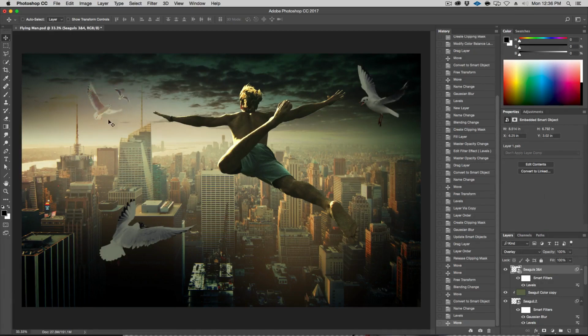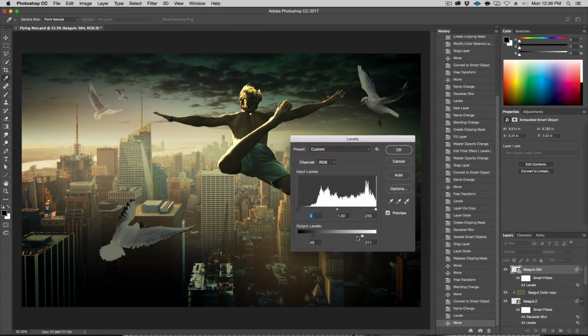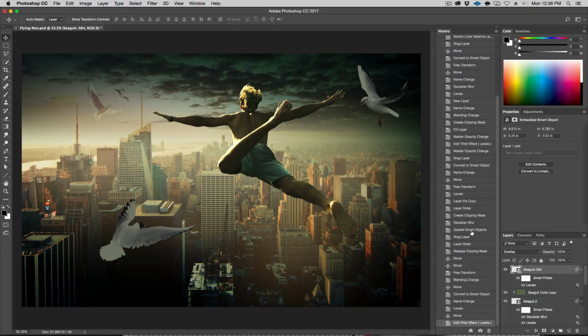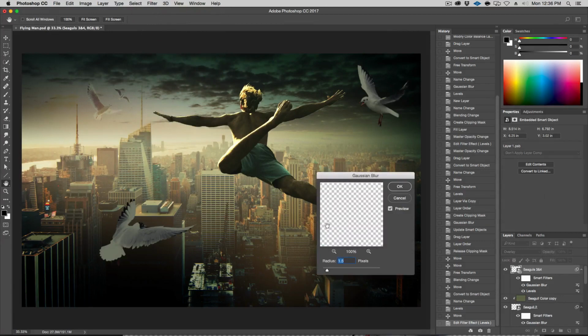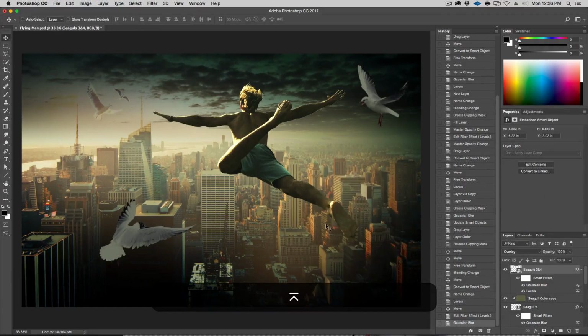I like that better. Now this white is a little too strong, so let's go back in levels, bring it up even more, something like that. That's a little better. And that blur kind of works in there. I like it. It's supposed to be a little further away. Okay, good. And if we want to, we could add a little bit of Gaussian blur. Let's just do 1 because they were pretty blurry.